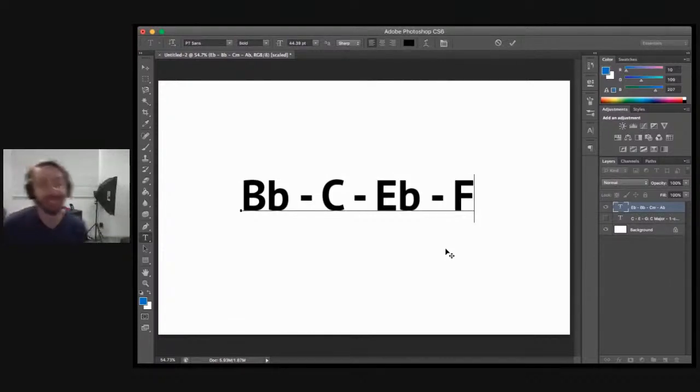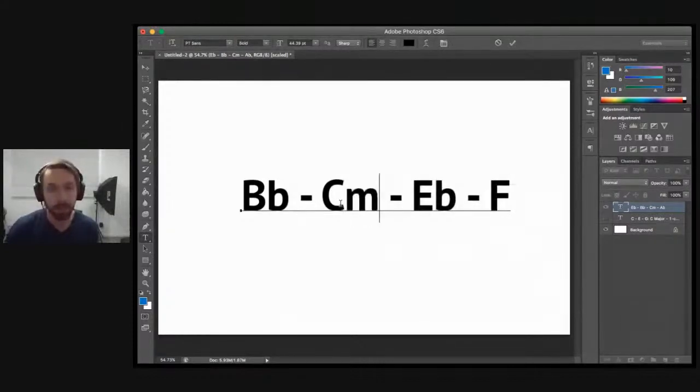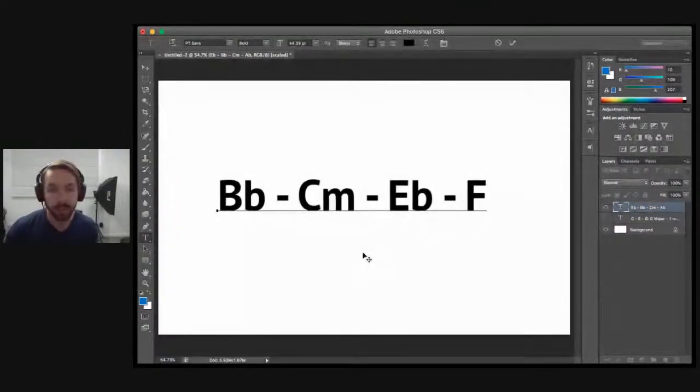So where do we have two major chords here? Oh, sorry, this is supposed to be a minor chord. That may have been a little bit confusing, because then these would have been a pair right there. But in this chord progression, where do we have two major chords that are a tone apart? We have this E flat major chord here, and we have this F chord here.